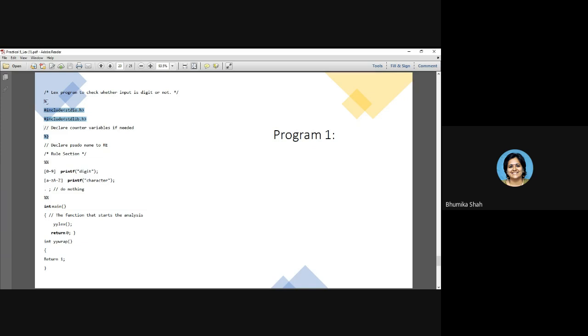Everything you write inside percentage opening curly bracket and percentage closing curly bracket is going to be copied as it is to your lex.yy.c file. I repeat, everything that you write between the percentage opening curly bracket and percentage closing curly bracket is going to be copied as it is to your output, that is the lex.yy.c file.